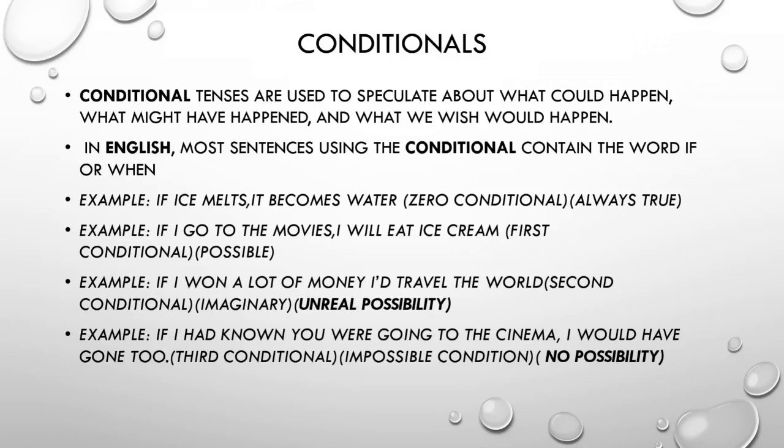We are thinking about a particular condition or situation in the future, and the result of this condition. So there is a real possibility that this condition will happen. So this type of condition is known as the first conditional. Now, if we go to the next example,